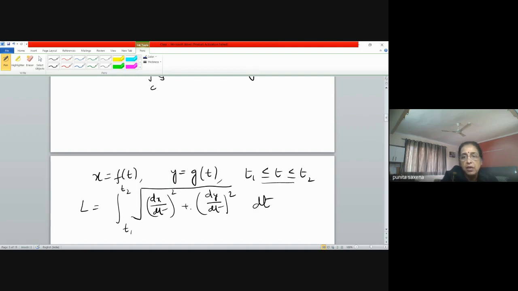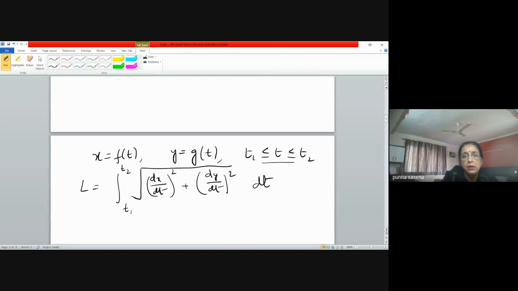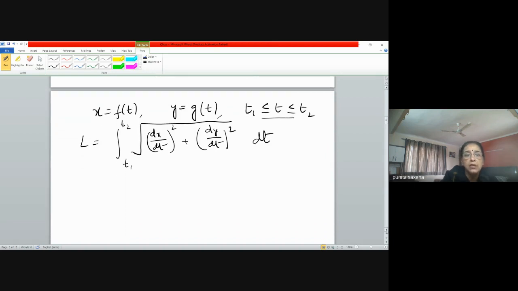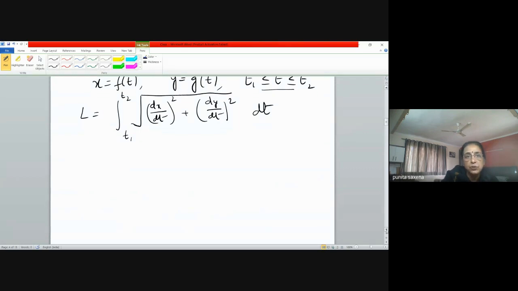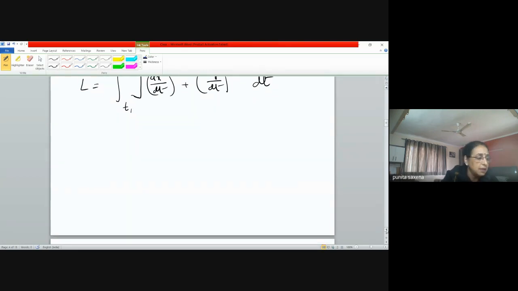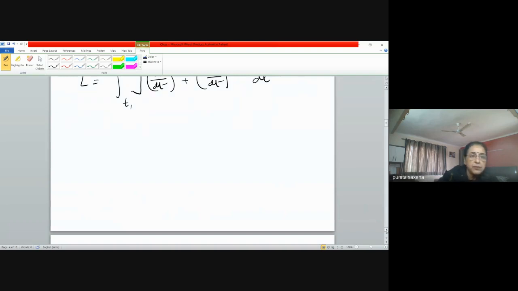Okay, polars we are not doing because we don't have to do them abhi. Maybe when required we'll do it. Okay, so these are the three formulae to find the arc lengths. In a similar manner, we can find the areas, the surface areas, which are also called area of surface of revolution.